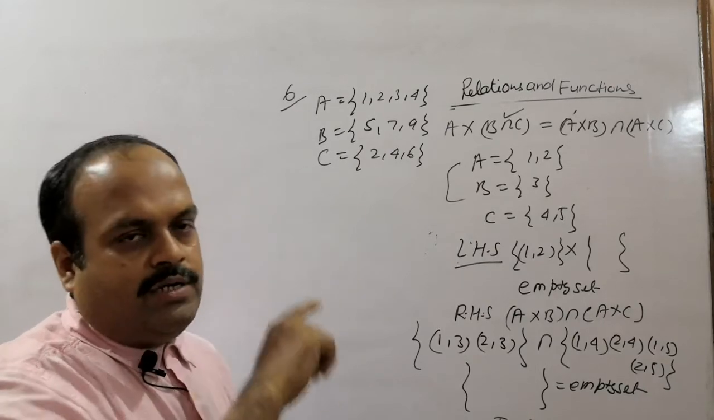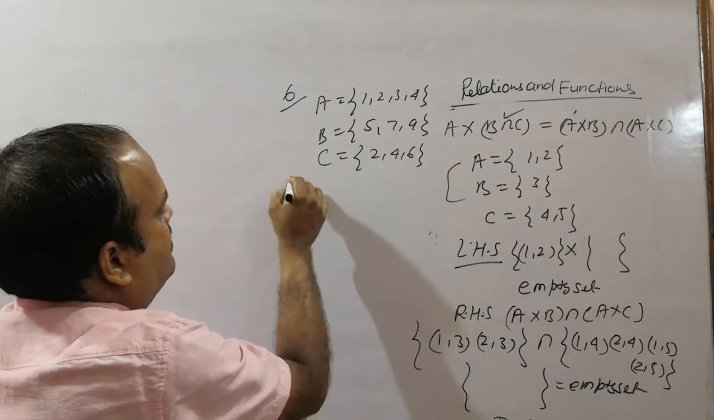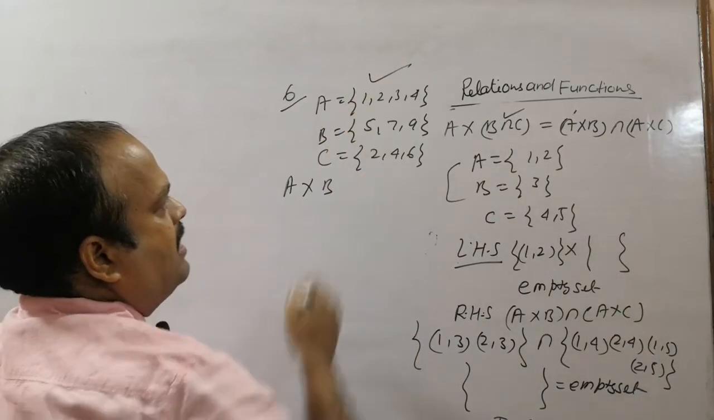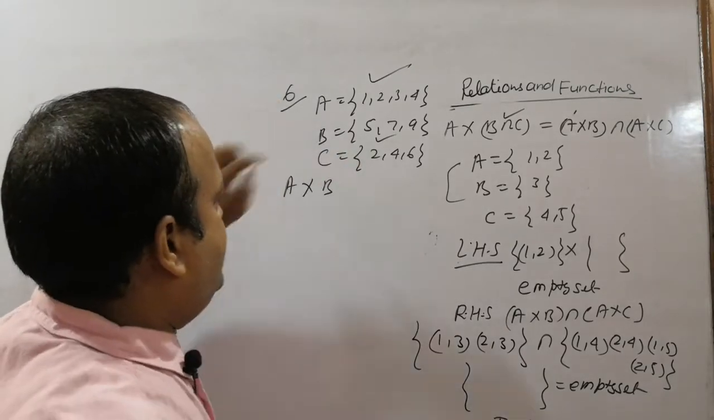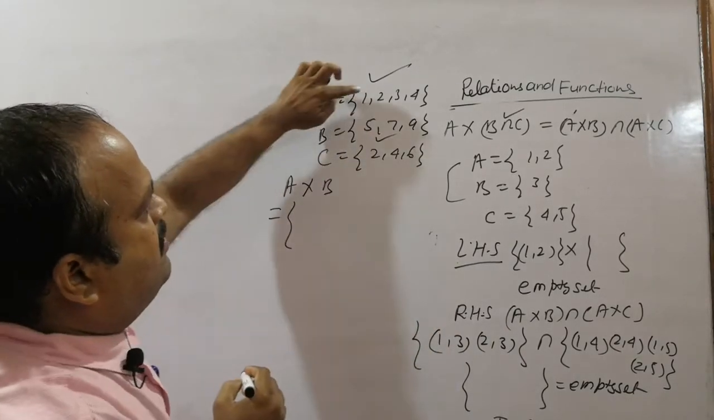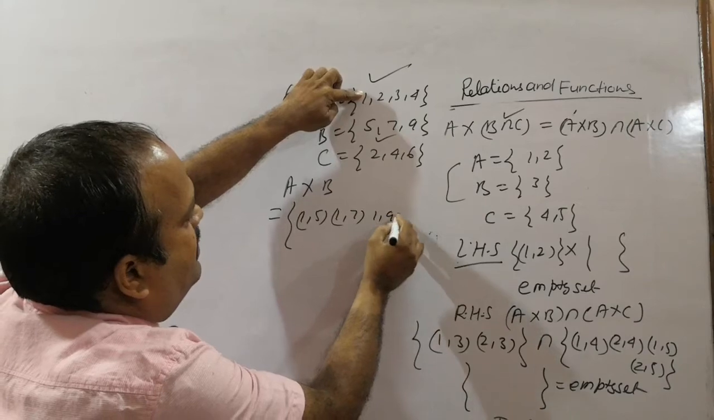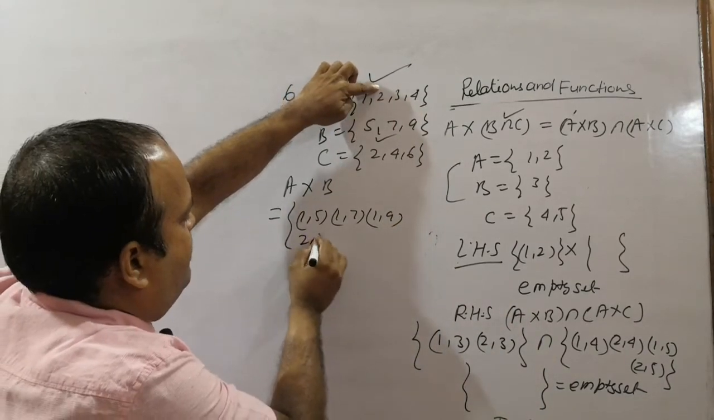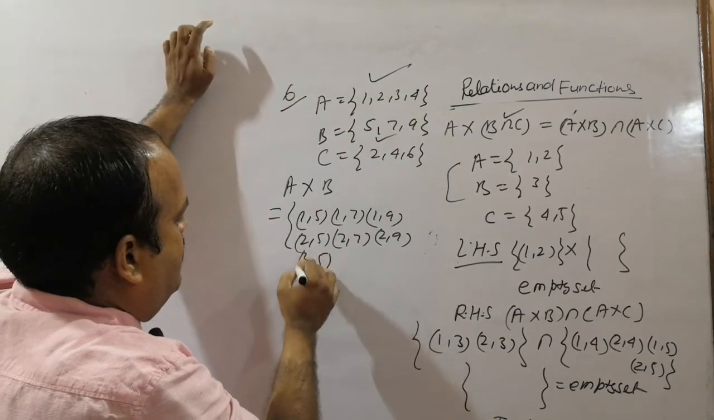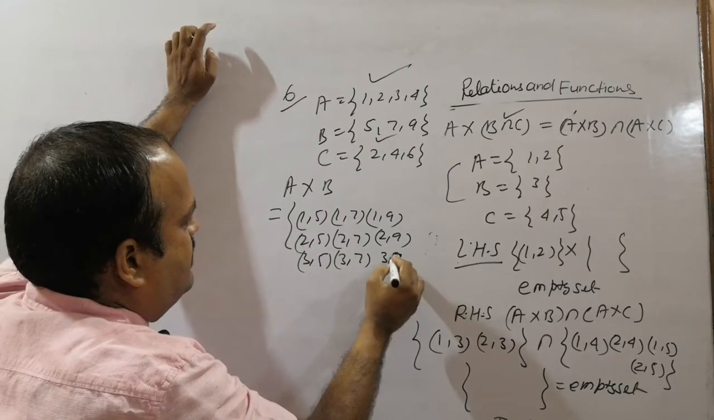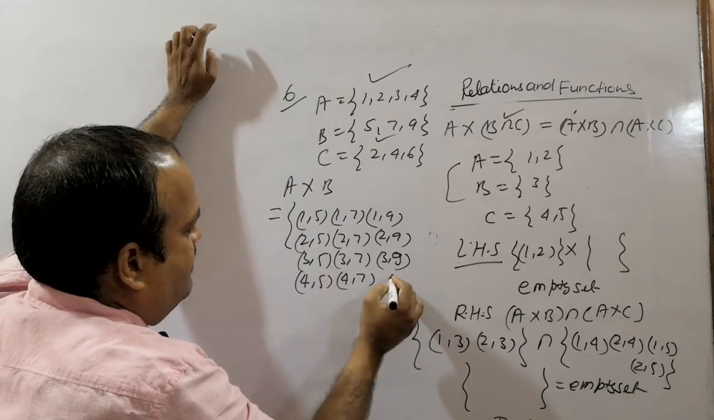One I will do and the rest you do. I hope you would be able to do it by yourself. A cross B. A has 4 elements, B has 3 elements, so there will be 12 elements in the Cartesian product of A and B. So let's write 1, 5, 1, 7, 1, 9, 2, 5, 2, 7, 2, 9, 3, 5, 3, 7, 3, 9, 4, 5, 4, 7,